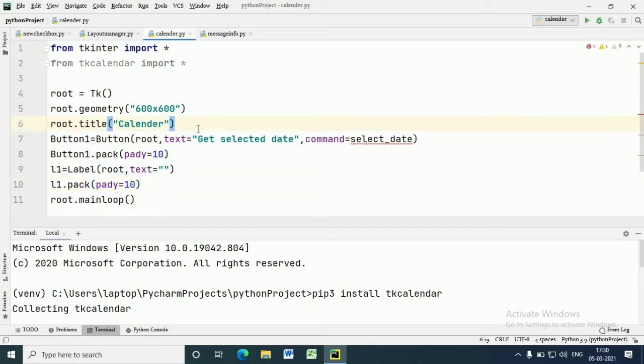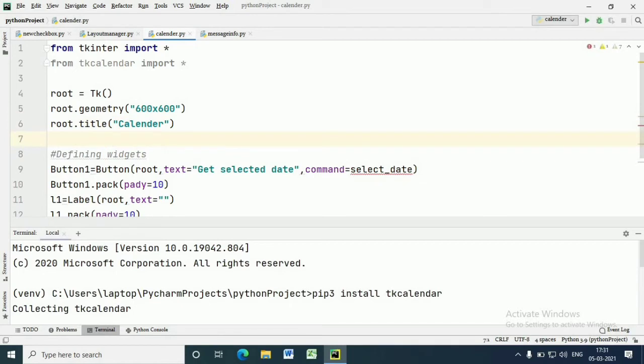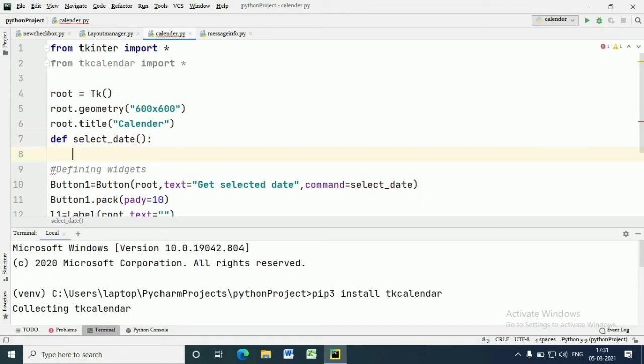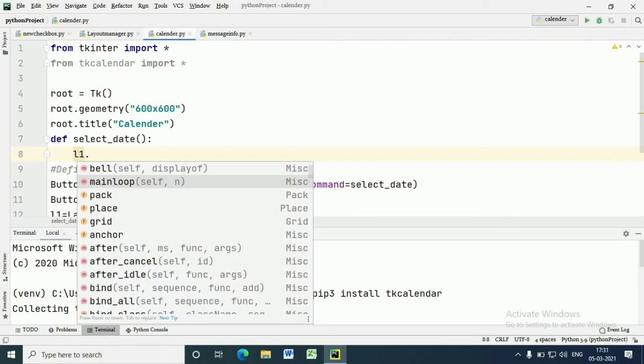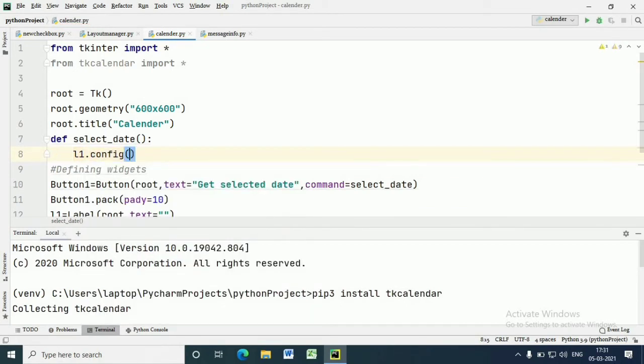Now we will write the definition of command select date. Here we will configure the text of our label. We can use the config method to update the property of the wizard at any time, whether that be updating the text of a label or a button or something else, by using the config function.